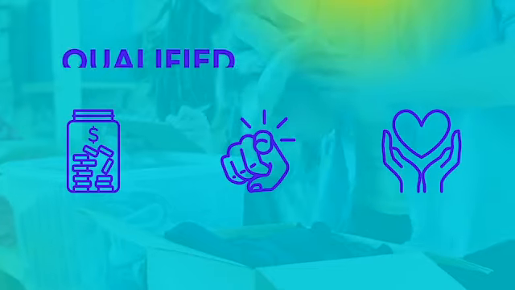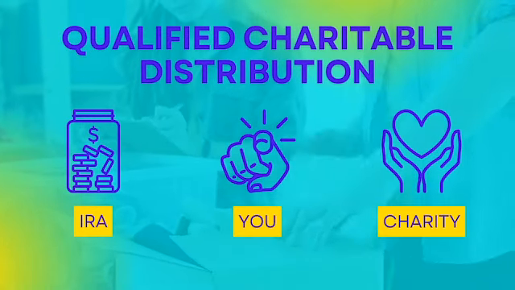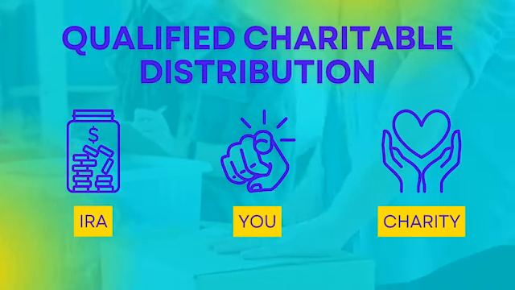Maybe what about the qualified charitable distribution, the QCD? Yeah, so the qualified charitable distribution kicks in at age 70 and a half. Once you're 70 and a half, you can take up to $100,000, which is what most people do, and donate it directly to a charity from your IRA, and you bypass the tax. That's what we're talking about.